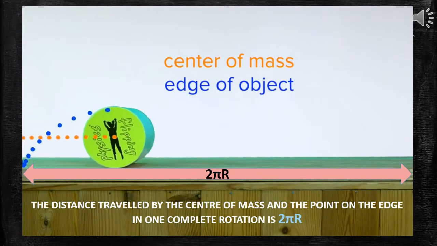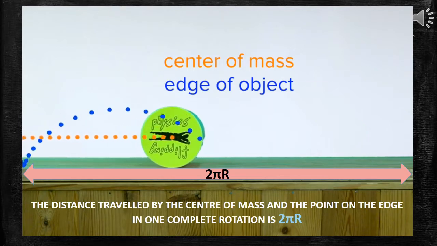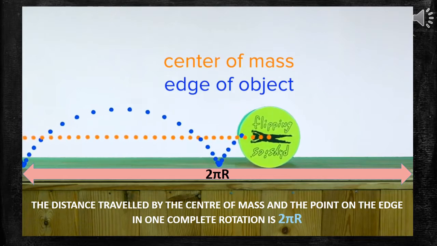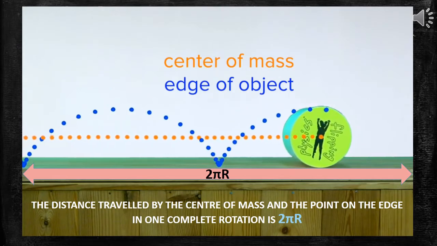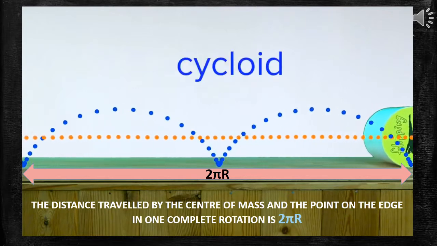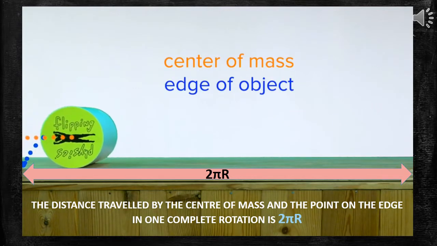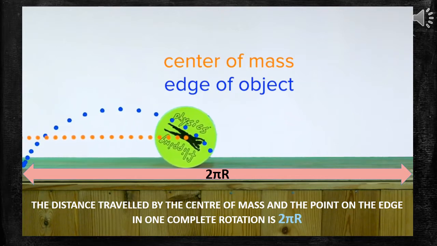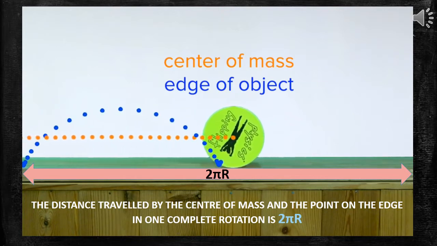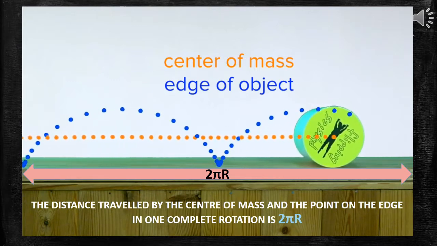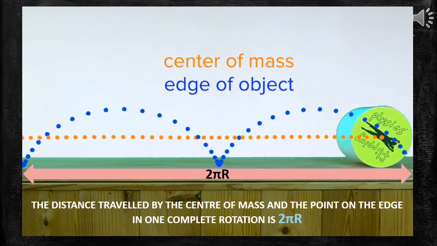Observe the animation of the rolling object. Here 2 points are marked at 2 different locations. That orange color marking is marked exactly on the center of mass location of the rolling object. That blue color marking is marked on the edge of the rolling object. Observe the animation. Now the rolling journey is going to start from one end.